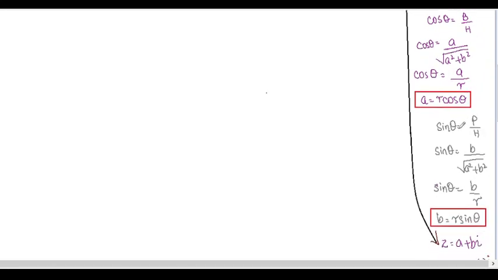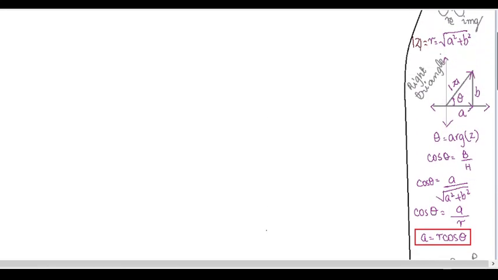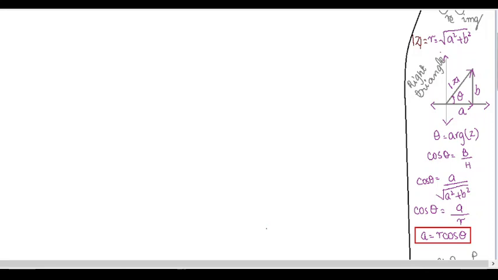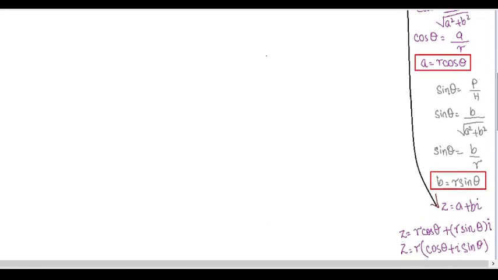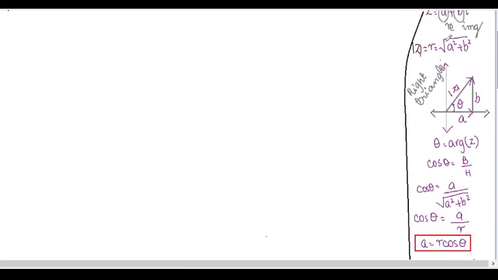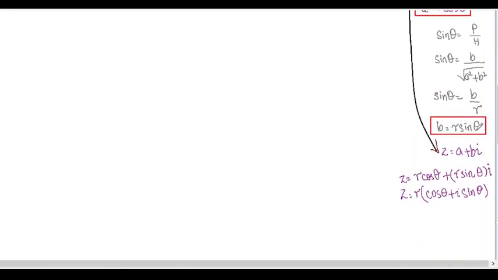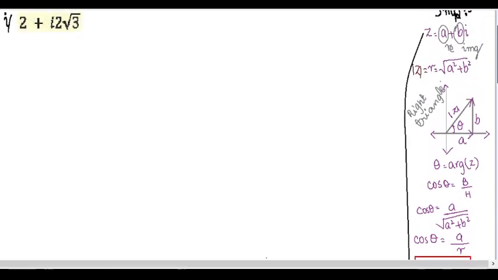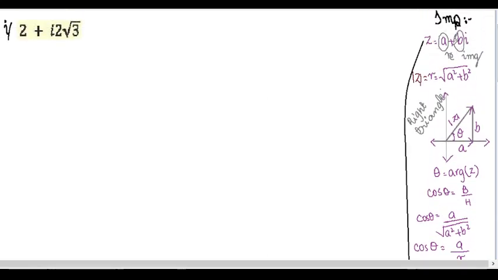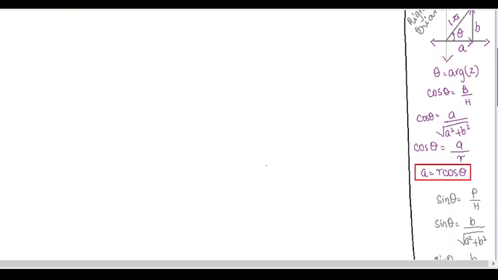Same for B, sin theta equals perpendicular over hypotenuse, so perpendicular is B and hypotenuse is the complex number's magnitude. So we have written it as B divided by square root of A square plus B square, and this square root of A square plus B square equals R, so B by R equals sin theta. Why have we written R equals square root of A square plus B square? Because we have read it earlier. Now B equals R sin theta, we have just rearranged this whole equation, and now we have brought it downwards because we have to use it here.